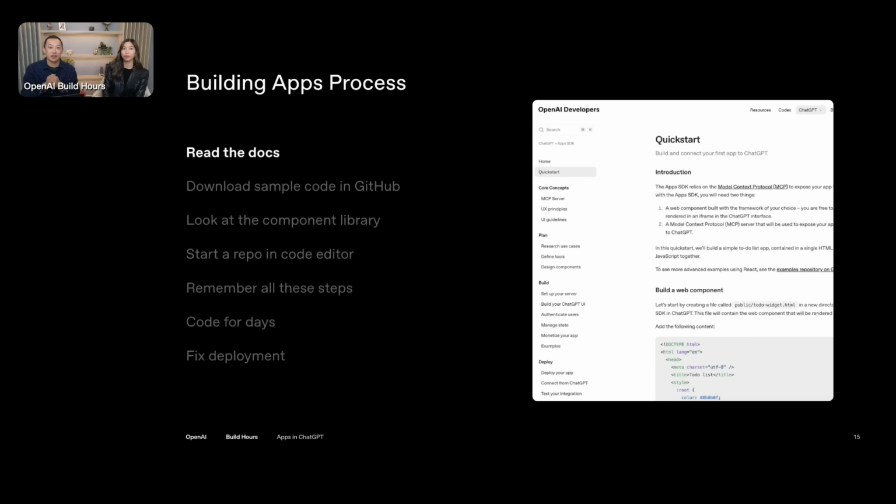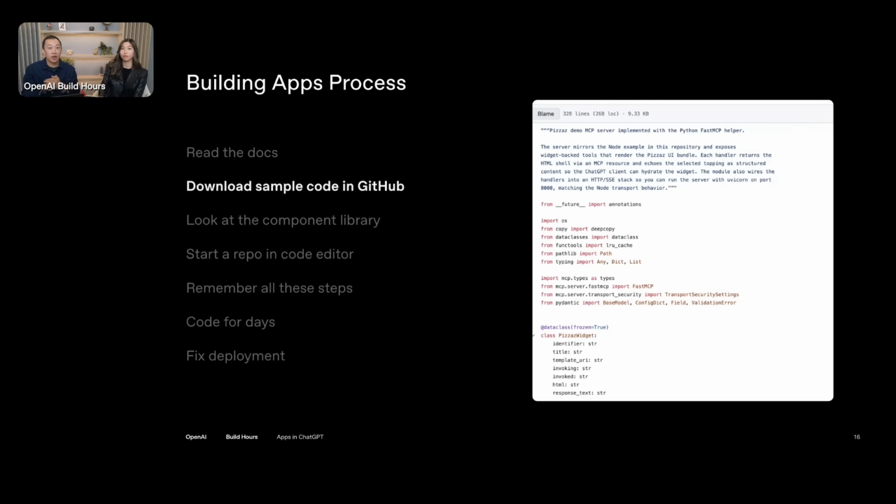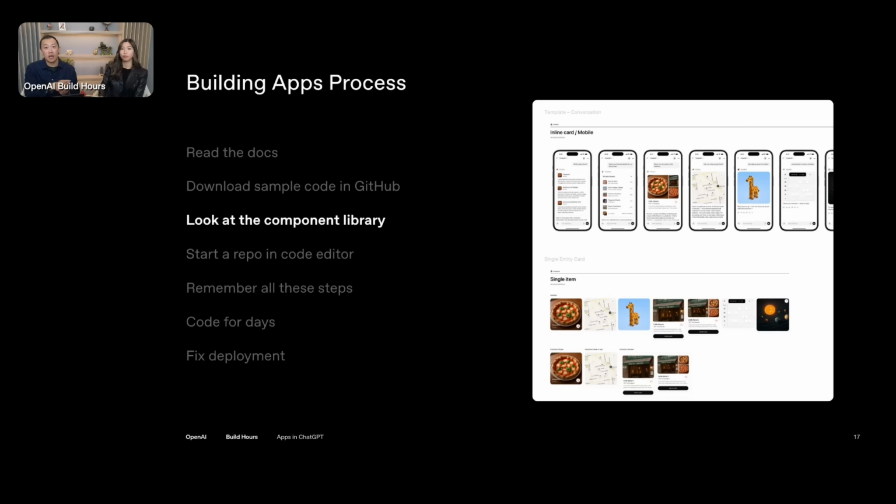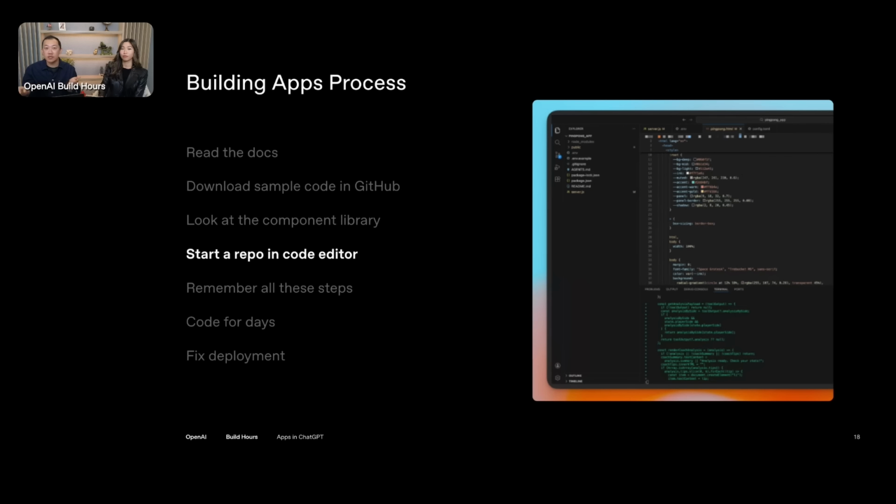This is the process that exists today for most developers, and the traditional way of building apps. You may read the docs and learn a lot about the content, an API, an SDK, our quick start, for example. You then may go into GitHub and download some code and actually see some examples. As well, you may then go reference a component library that we shipped, which is really helpful for people to get going quickly and use things that are styled already. And then you may start coding in your repo and just start hacking away, downloading the samples, editing them.